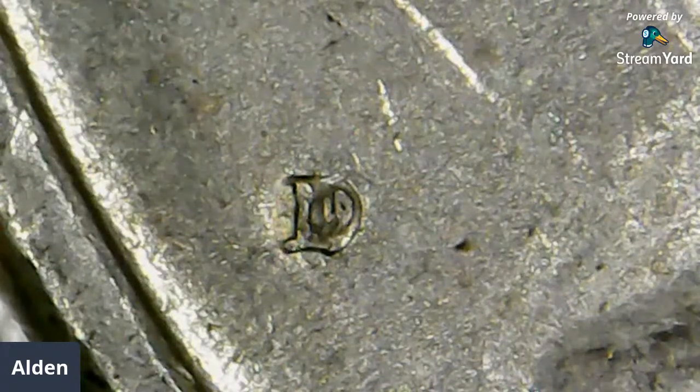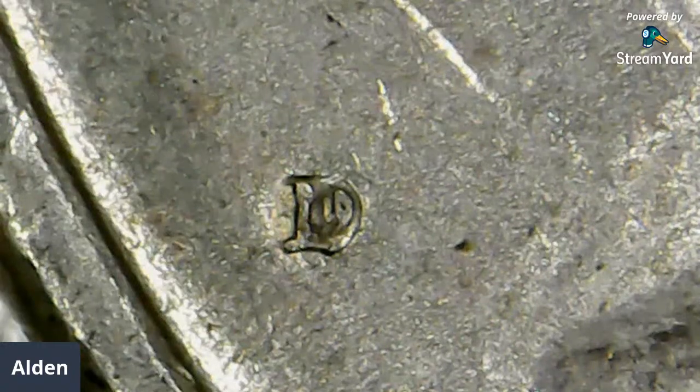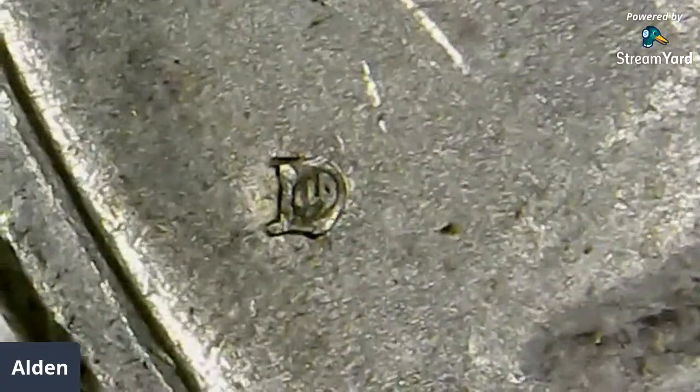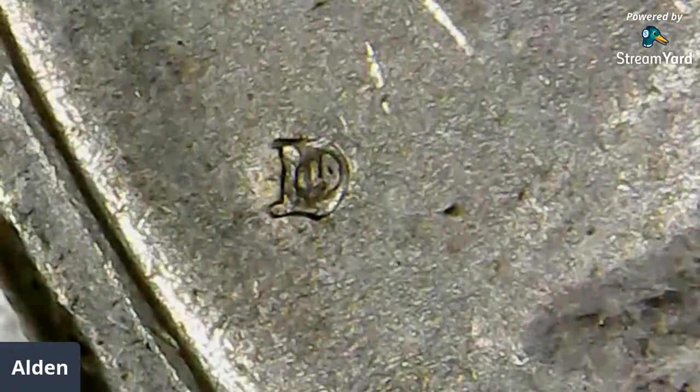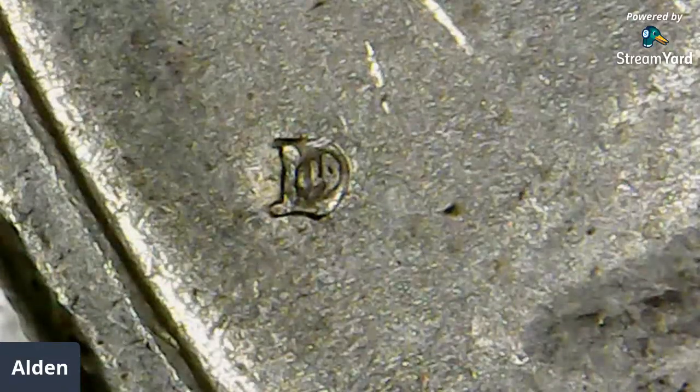The two vertical lines, to me it looks like a D over D over D. Let me get in. That's as close as I can get, pretty perfect, like north to south. That's as close as I can get with this particular scope. I could dig out my other scope, but